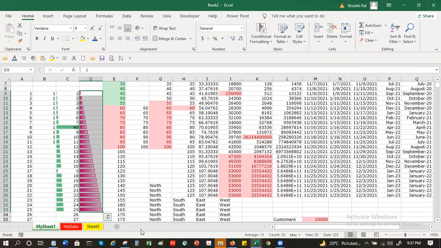So my values are no longer showing to the user. If I click on the cell, it is still there, but it will not show on the cell. When someone is looking at it, they will see that graph.